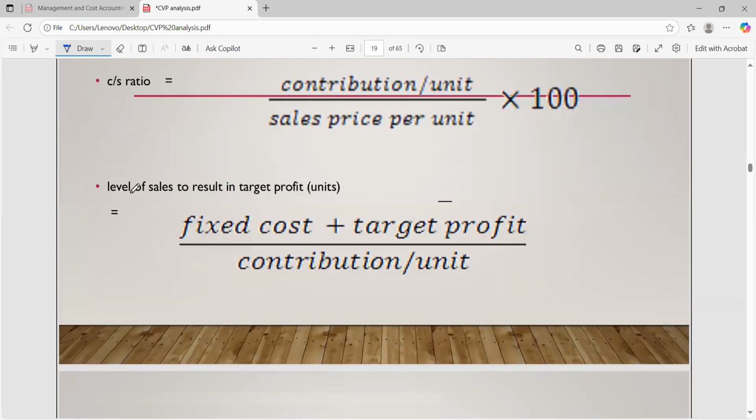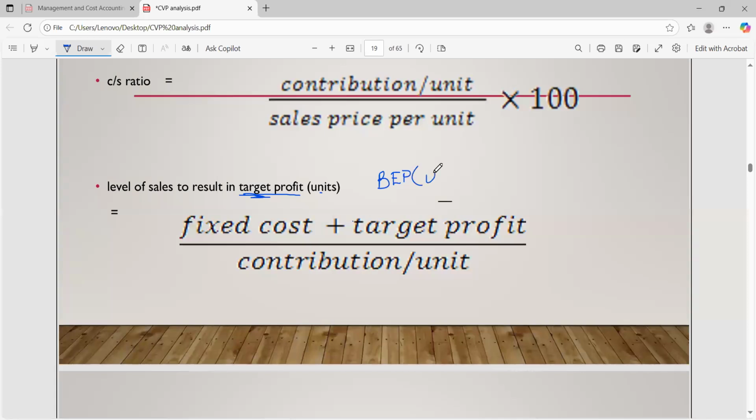Okay. So the next item is to look out for the level of sales to result when targeted profit is given. So break even point or break even in units, the same thing. When I say break even point in units, when targeted profit is given, is equal to fixed cost plus targeted profit over contribution. So it's the same formula, but this time around, targeted profit has been given you. So you are supposed to determine BEP